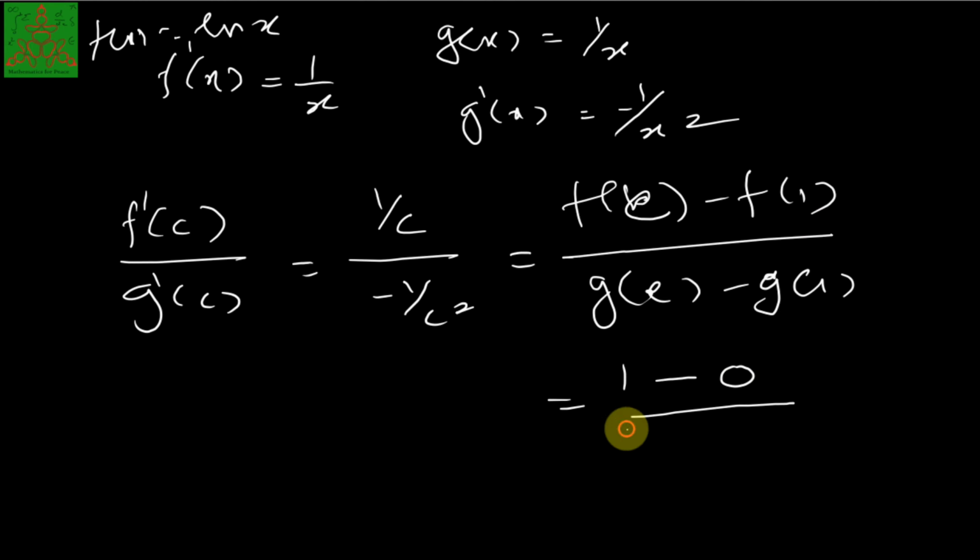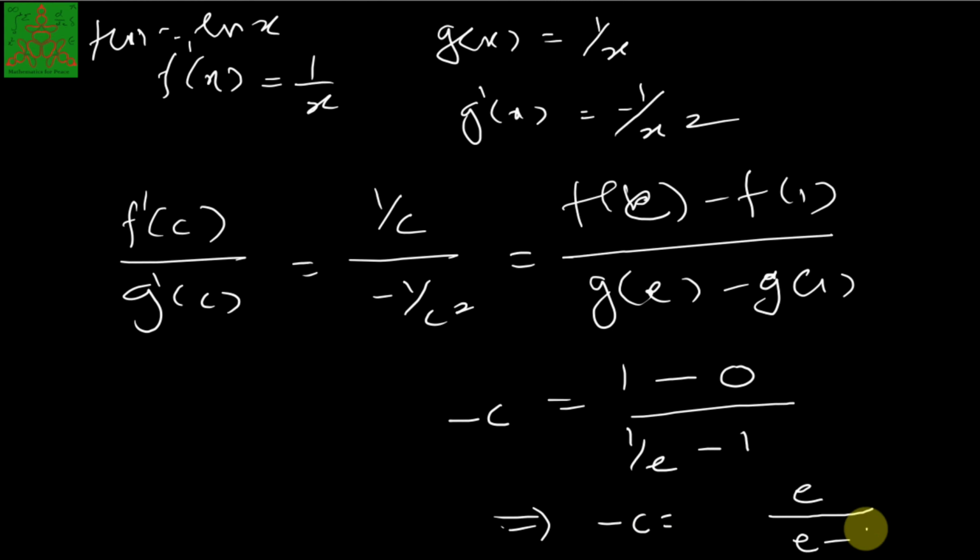It is 1 upon e, and g of 1 is 1. If we simplify this side, it will be minus c. So you will have minus c equal to e upon e minus 1 minus e. Therefore finally you will have c equal to